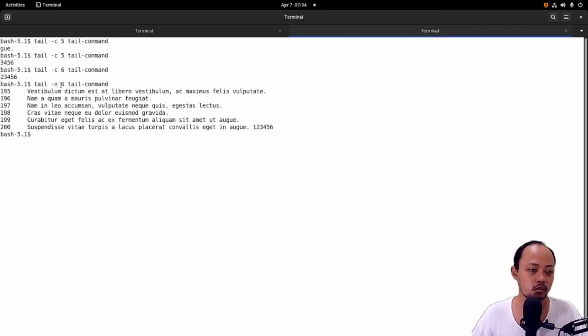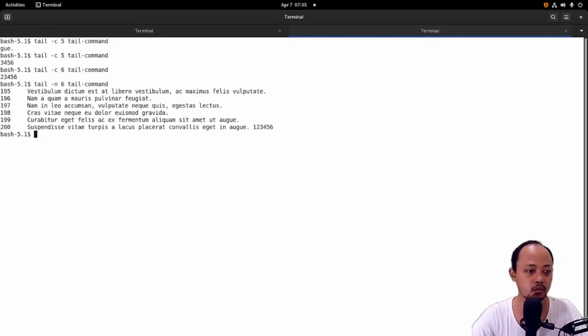The -n will print the last 6 lines of this file, but the -c only prints the last 5 characters from this file. Even if I input 6, this command only prints 5 characters. 1, 2, 3, 4, 5. It's different from this option.